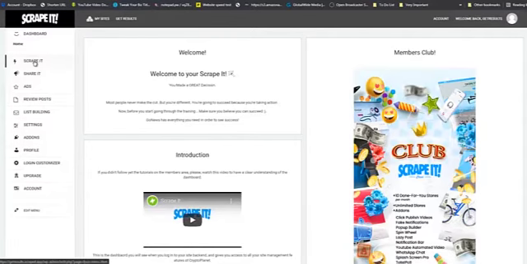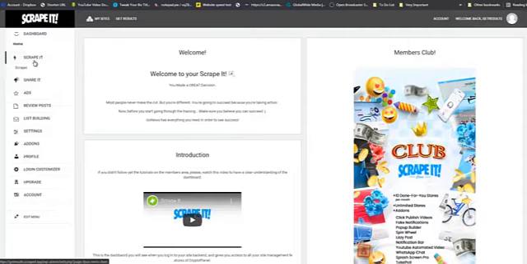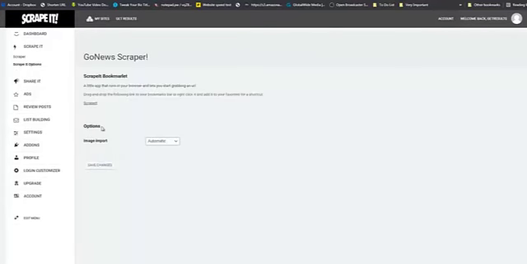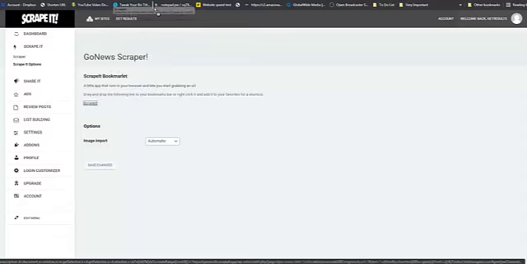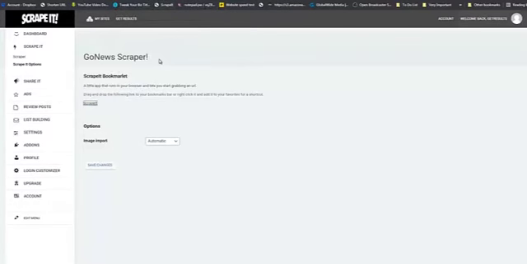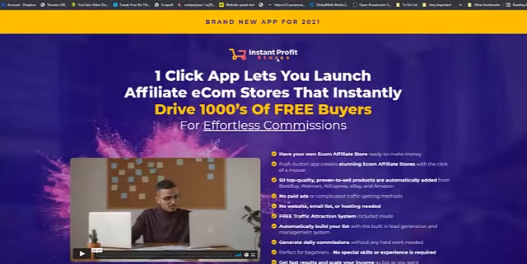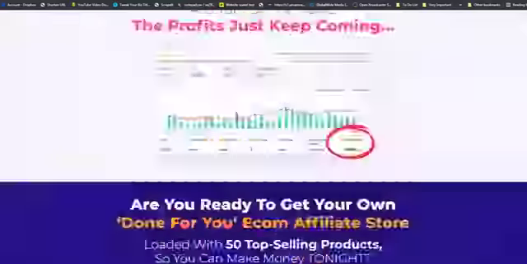So right here, I want you to click on Scrapit. Click on Scrapit options. Grab this little bookmarklet right here, drop it in your bookmarks bar, and today we are going to be reviewing Instant Profit Stores by my good friend Victory at POS. Now the first thing I want you to do is to scroll right down to the